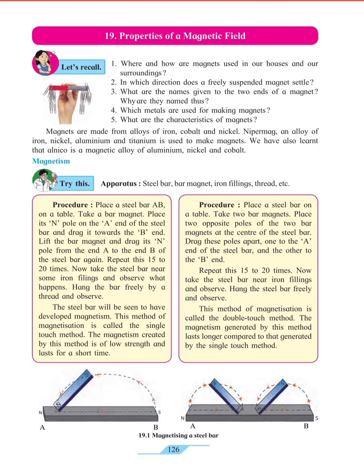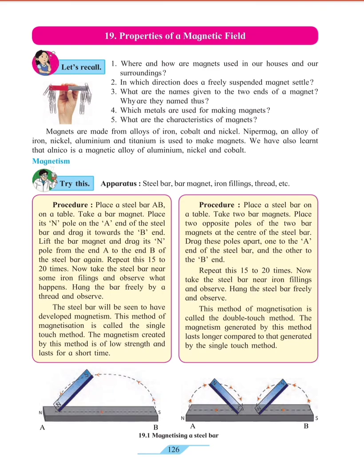The British researcher Michael Faraday named the lines going from one end of the bar magnet to the other end as magnetic lines of force. You can see that on textbook page number 128. The region around a magnet where the magnetic force acts on an object is called a magnetic field.